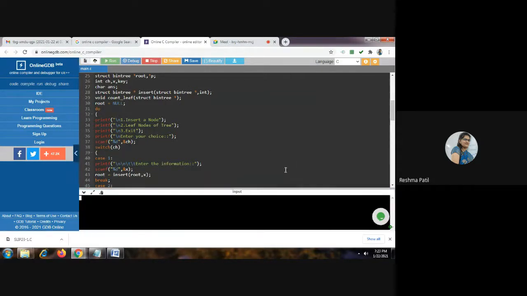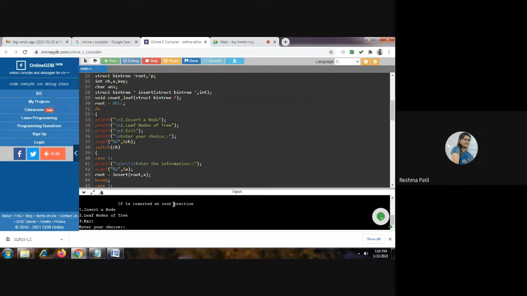BST program. Initially, see these are the menus: insert node, leaf nodes of tree, exit. First we have to enter our choice. First is 1. Enter information: 10. 10 is inserted at the root position.